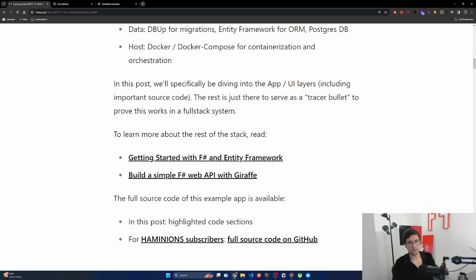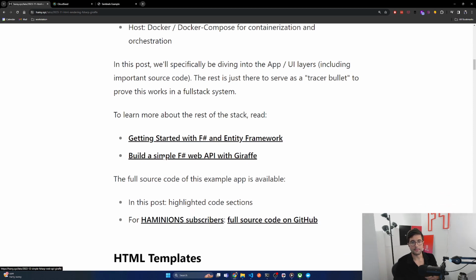We don't want that. But if you want to learn more about this stack, you can read my post on getting started with F# and Entity Framework to understand the data layer. And for understanding more about the web API itself and how it's configured and set up with your .NET app, you can read this, which is Build a Simple F# Web API with Giraffe. All these links will be